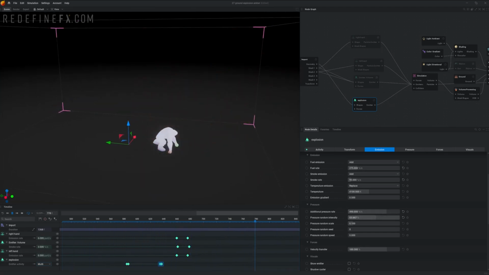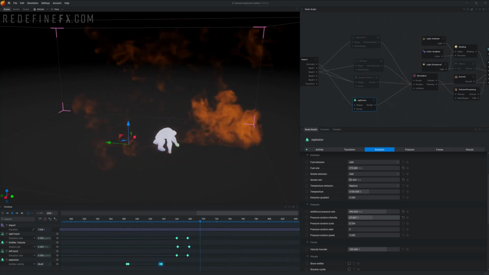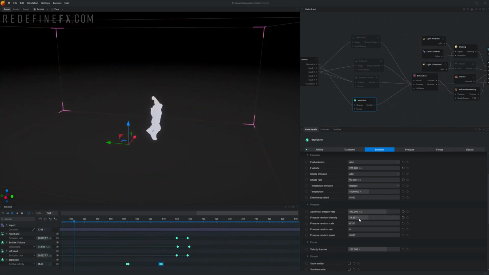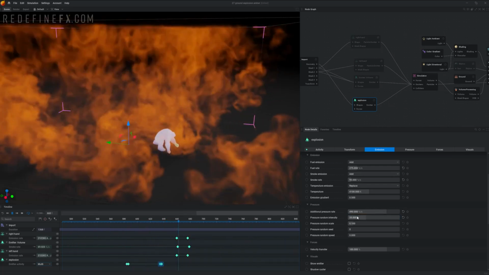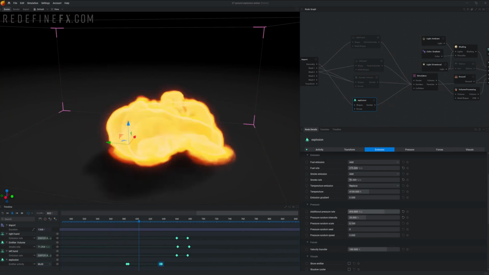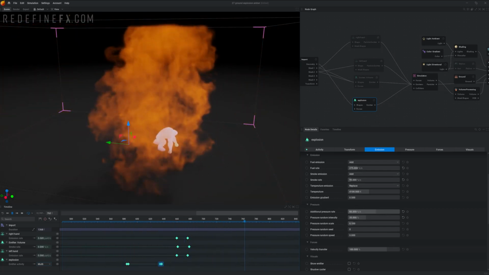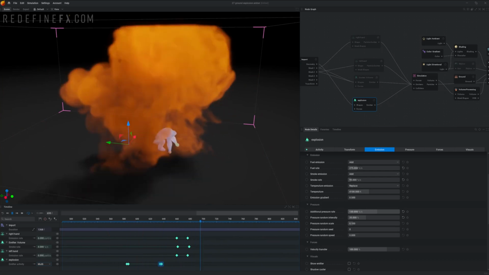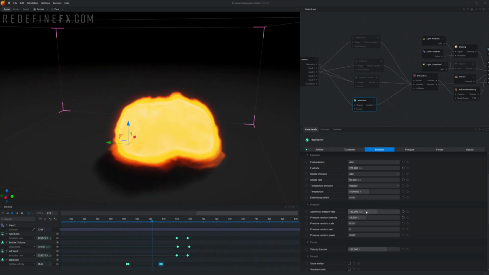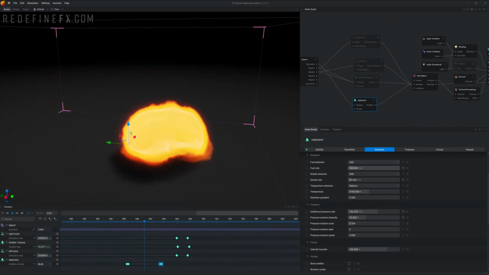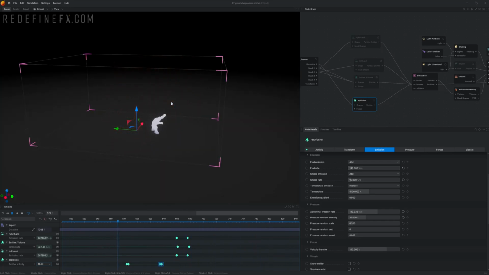I'll just keep lowering the random intensity and it should become more and more uniform around his body. So this is starting to look pretty good, maybe around 35% for the random pressure. And I will lower the additional pressure rate because it's just too much right now, until we get a nice little blast right around his body. Maybe we can just lower the fuel rate. Cool, so this is not bad, but we need to break up the explosion so it has way more detail